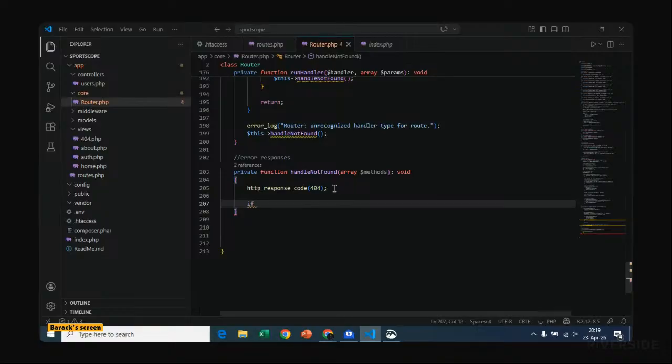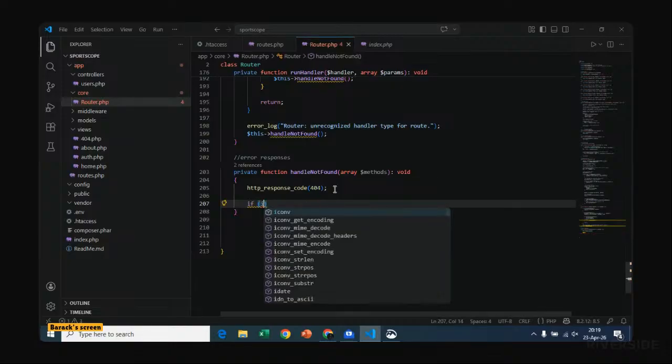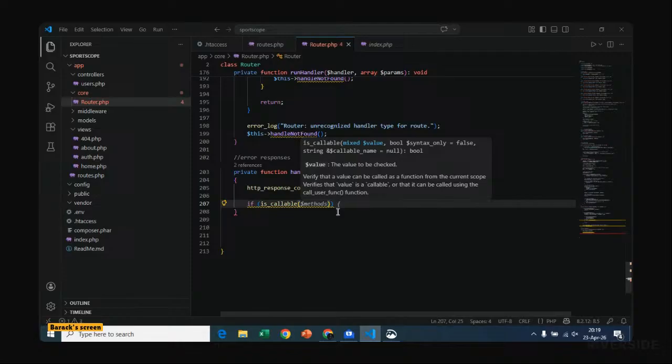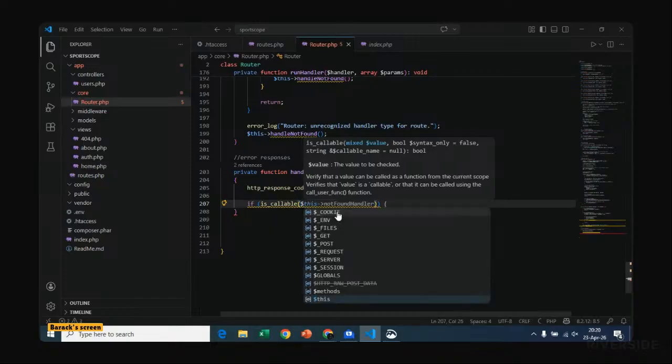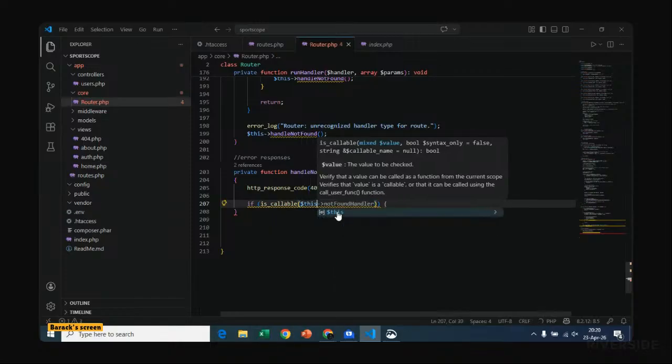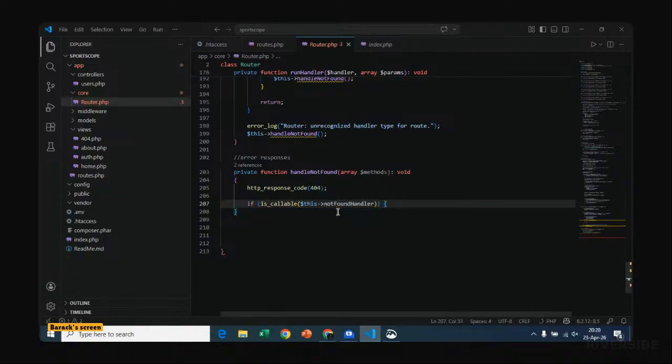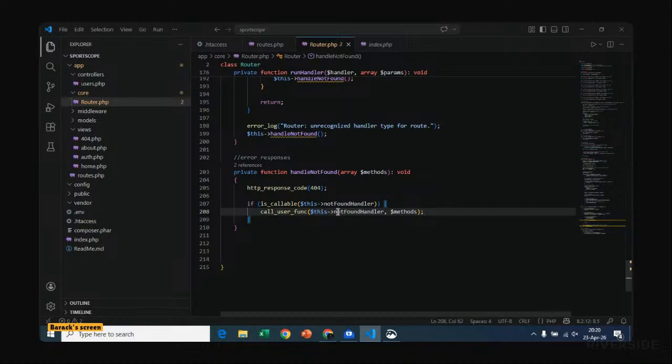Then we say if it's callable, whereby this sign is a not found handler, then we shall proceed to say call user function where this is handler.